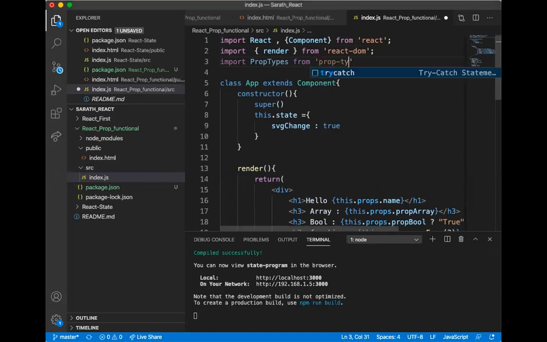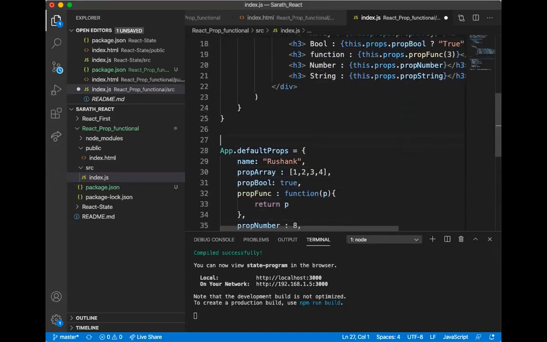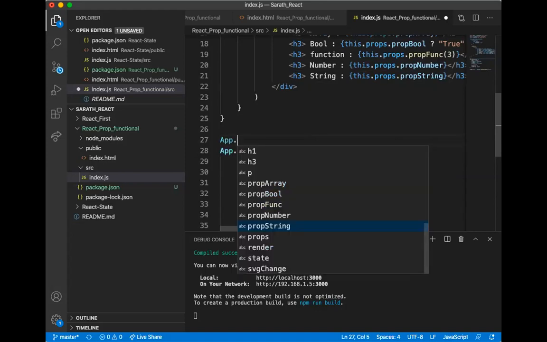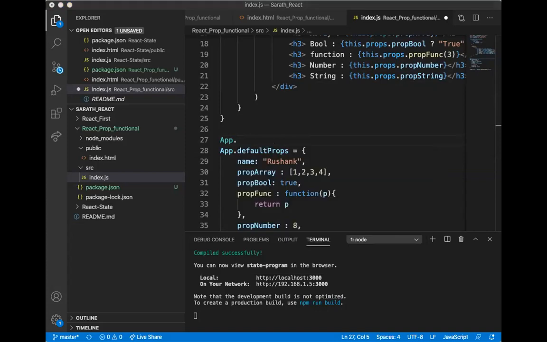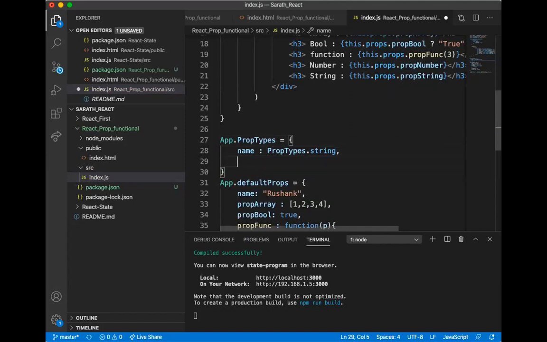So what this is used for is to validate the parameters whatever we are having inside our component, this prop types. Where we have to declare it is after the component ending. We have to mention the component name, and then give prop types, and here I am going to give name, and some prop types dot string, and here I am going to give a prop array.